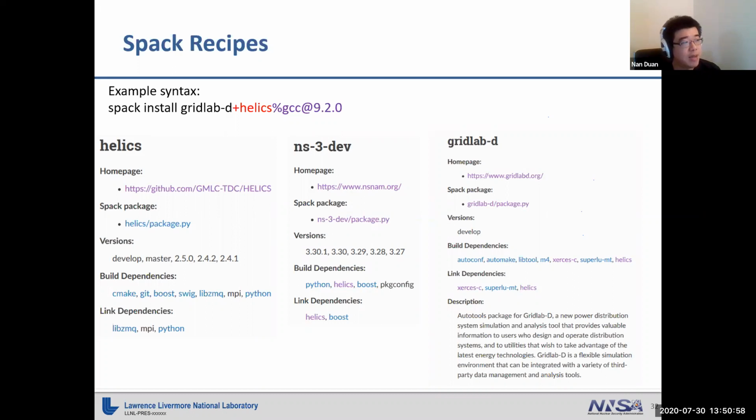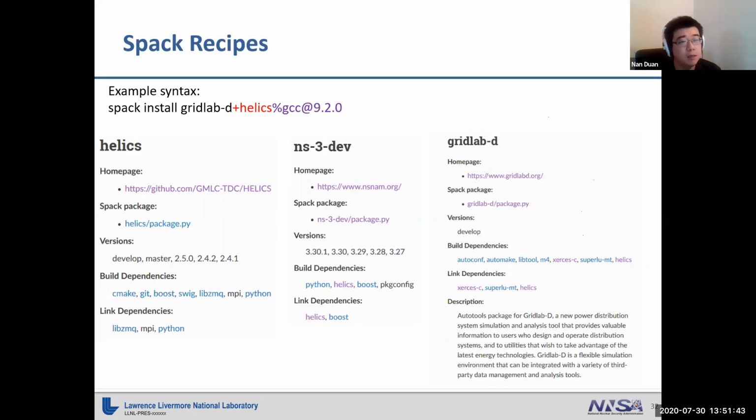And Spack, they call it a recipe. So how you cook up a HELICS software. This recipe is maintained by us, Lawrence Livermore. The IS3 recipe is maintained by the IS3 developers. The GridLAB-D recipe is maintained by us and PNNL. So whenever there's a new release, we'll update the recipe, and in a fairly painless way you can get all the software built together, with the dependencies correct, and get a running example to validate whether your software is working correctly